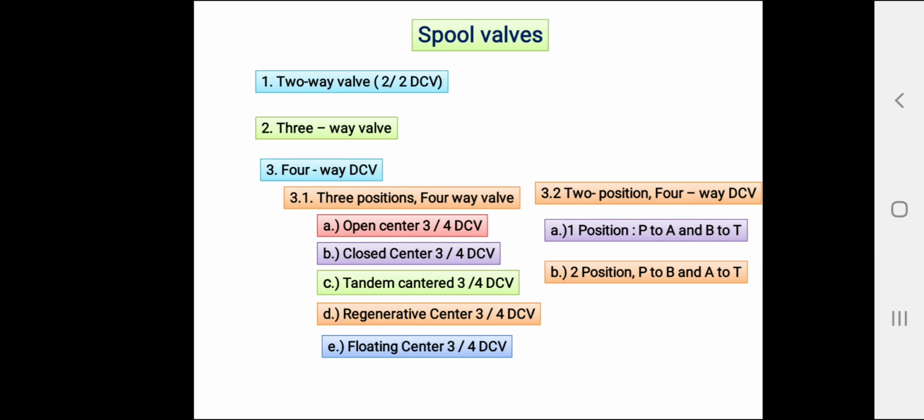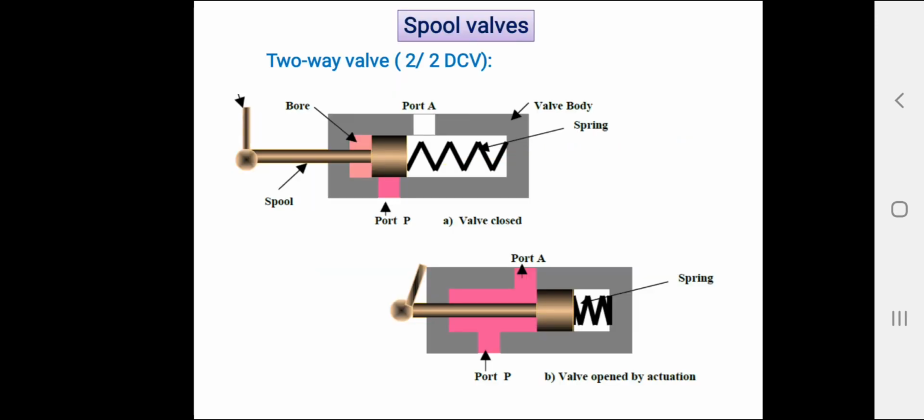The amount of leakage is primarily dependent on the gap between spool and housing. Hence, as the operating pressure increases, the gap must be reduced or the length of overlap increased. The radial clearance is usually less than 20 micron. The grooves between the lands provide the flow passage between ports. Now we'll see the 2x2 DCV.